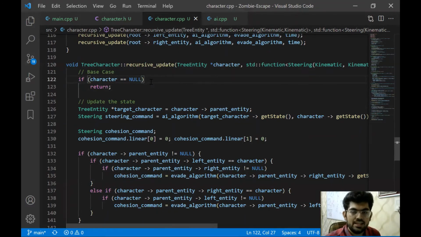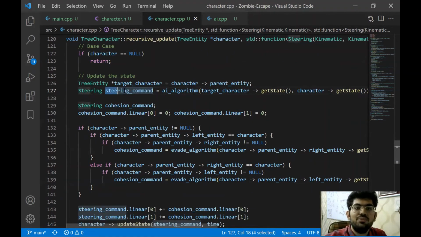Programmatically speaking, in a tree, when we are at the leaf node, that is the last node that is present in the tree, then we assume that the left and the right children of that node are equal to a null pointer. Now this null simply represents that we are at the leaf node, and now we can start simply to unwrap the recursion that we followed along.